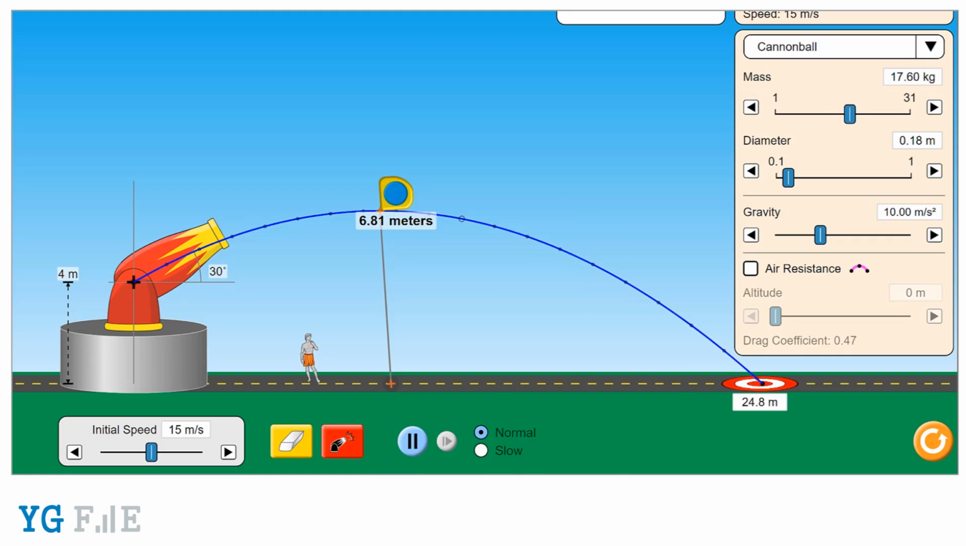So this is the maximum height the cannonball reached, and the horizontal distance, actually we already see the 24.8, but let us use our scale to make sure that it is indeed 24.8. So let us mark this one properly here, and then I'll drag this one to, and you can see that it's